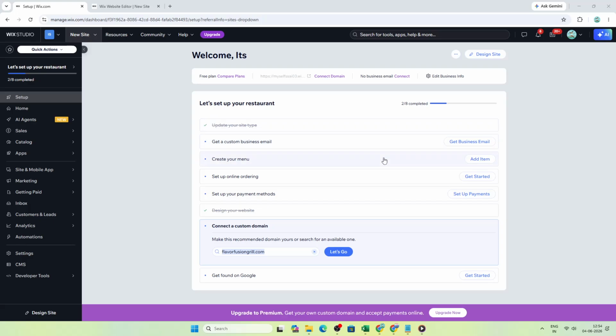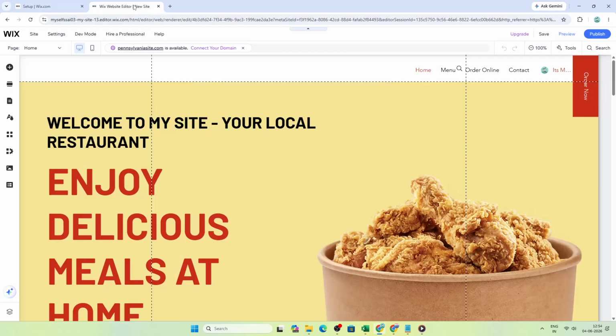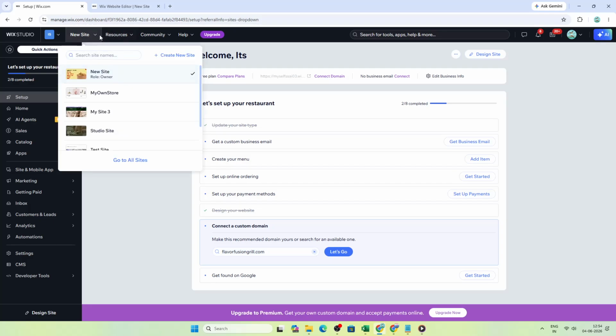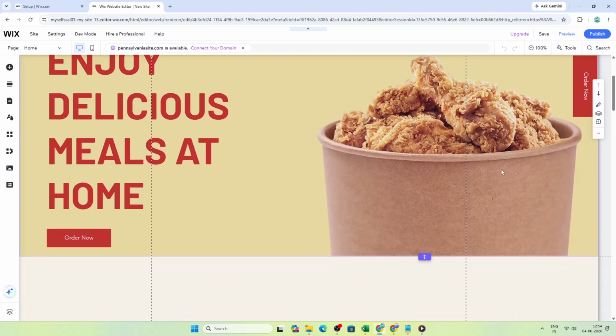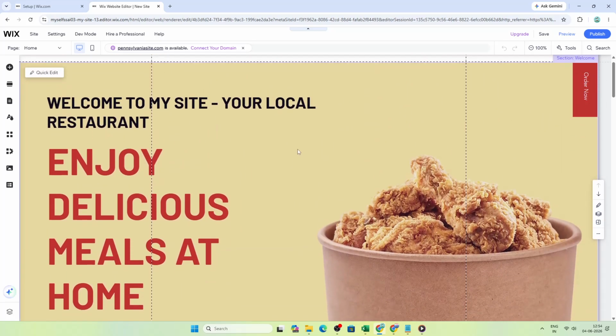In today's video, I'm going to teach you how to add or remove scroll animations on your Wix website. We will start inside your Wix dashboard. From there, select the website you want to work on, and then click Edit Site to open the Wix editor. Once the editor loads, you will be able to make changes directly on your page and see how everything is